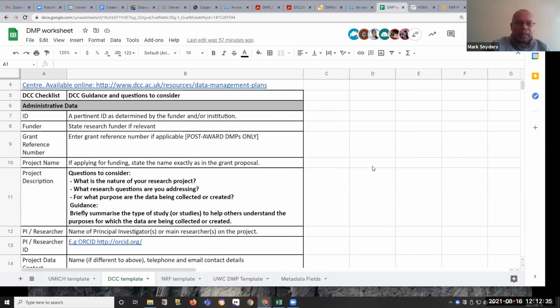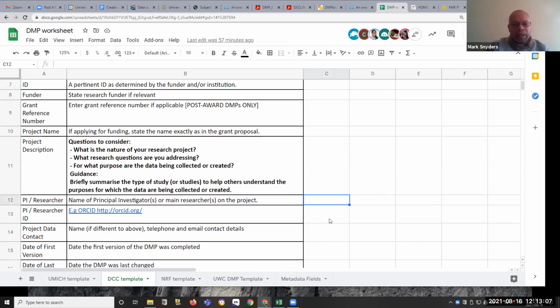This checklist is a far more comprehensive one, and it does contain information that, for example, the University of Michigan template does not. However, the broader sections make this one a little bit easier to use. So at the top, you have administrative data. Then you have the identity. So identity of either the funder, the institution. We need to identify the researcher down here.